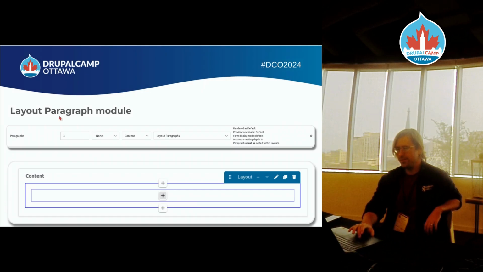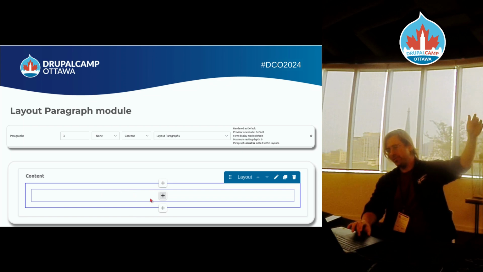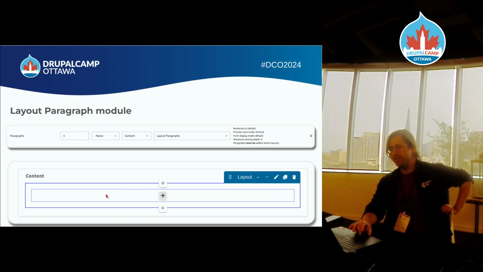So when you have the layout paragraphs module installed, in the content entity form, you need to enable layout paragraphs, and this will give you a widget in that form. So there's a paragraphs field. In this example, it's actually called content as the label. And so you have your form where you're filling in your title and your body and your fields and things, and then you have this content